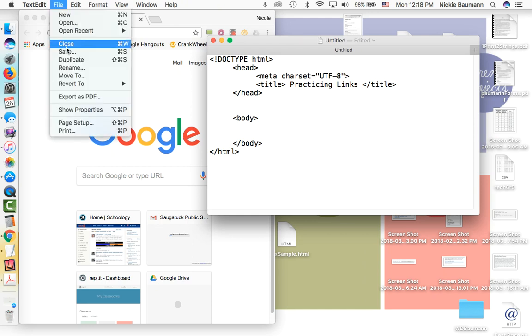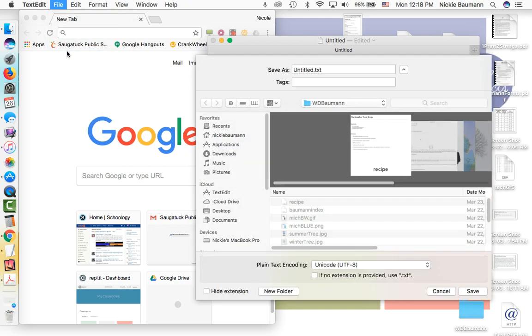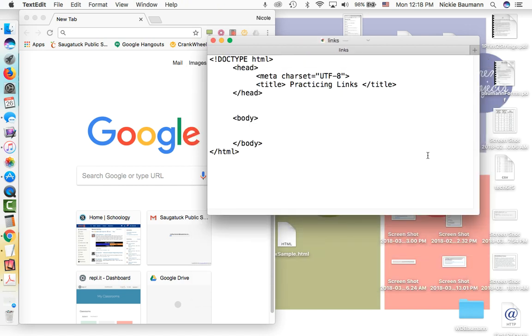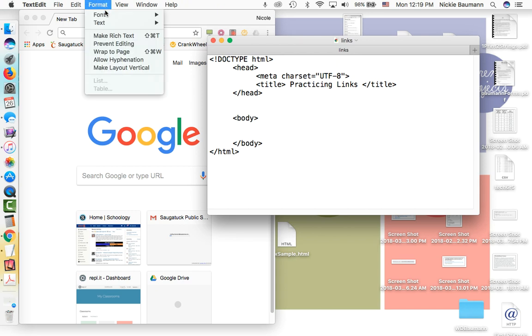All right, so let's save this. I go to File, Save. I'm going to make sure it's in my web design folder. There it is. Make sure it is not a TXT. It needs to be an HTML. So this is going to be links.html. Save. Now again, folks, if you are using the Macs, please make sure that you are always in